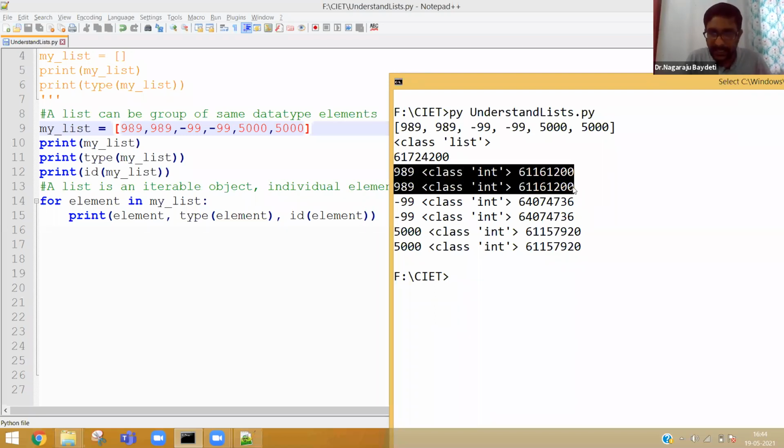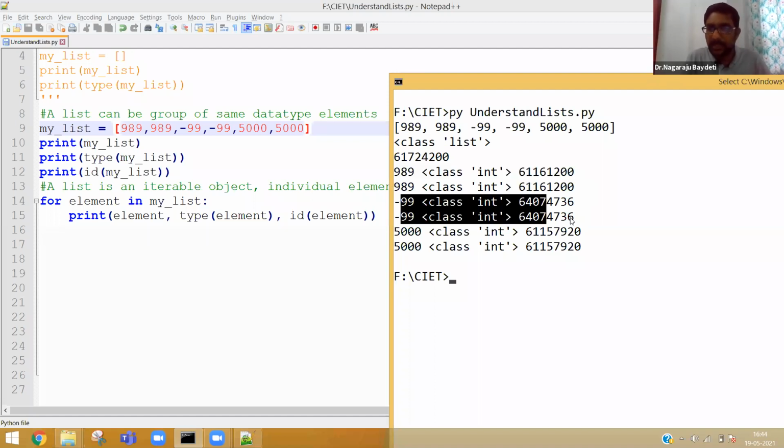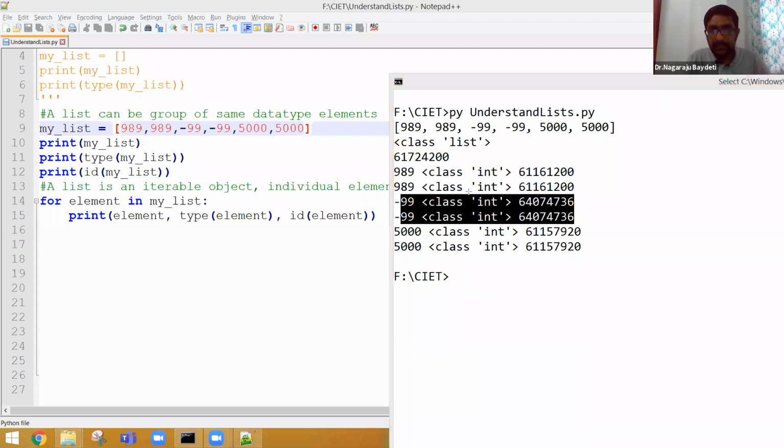Because these locations are the same. Minus 99, it looks like it is also cached. Let me try to highlight and explain the hidden concept here. These two look like they are sharing the same location, correct? Even these two, and also the last two, right?